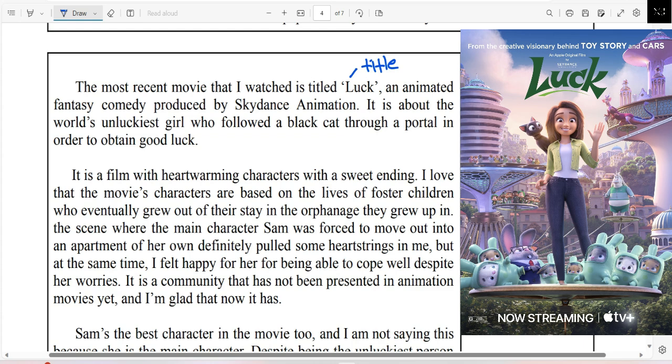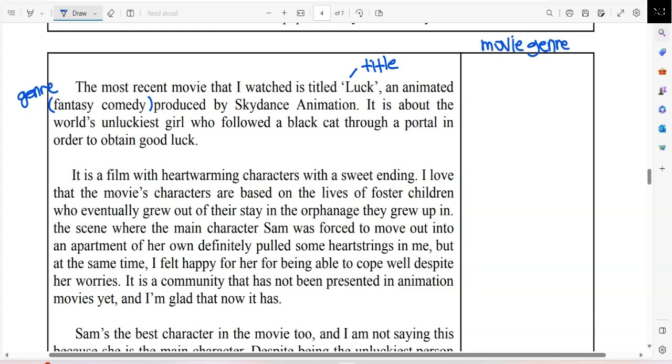and if possible, I would like for you to talk about the genre of the movie. Okay, what is a movie genre? Movie genre and book genre, they are basically the same thing, which is the type of movie, the type of book. Actually, it's much more preferable for us to use genre instead of type. Genre is actually the correct term for it. So you may know a couple of these genres, but let us do a quick review about it.